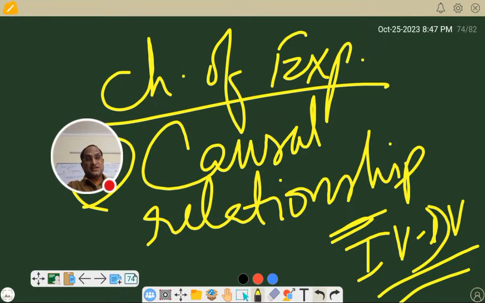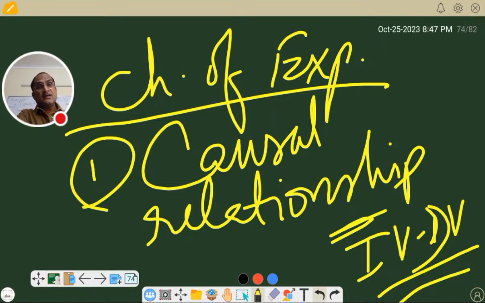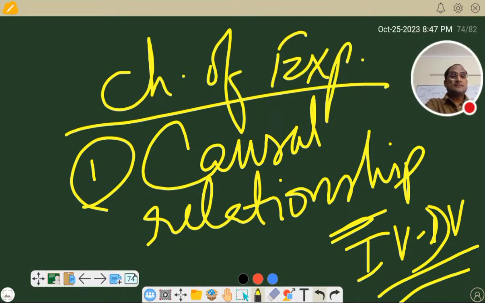IV-DV causal relationship is established. How? What is the IV here? Program learning. DV here, the effect on the education of disadvantaged learners. There is a causal relationship that